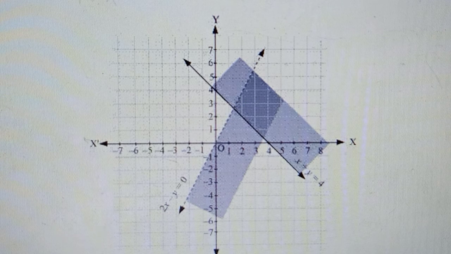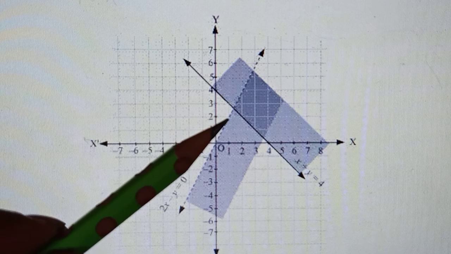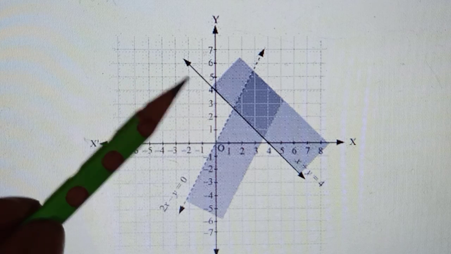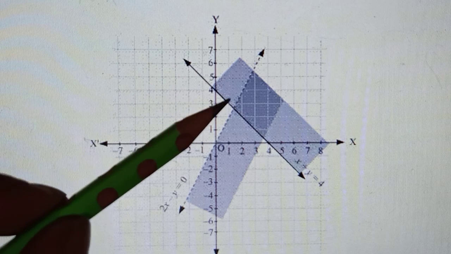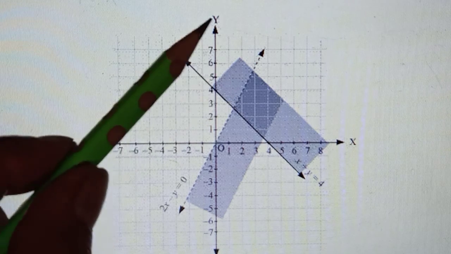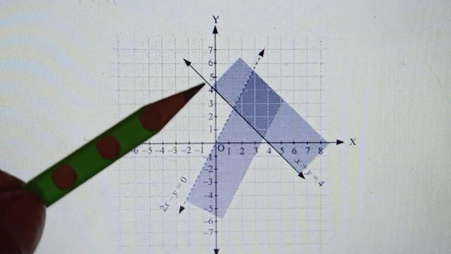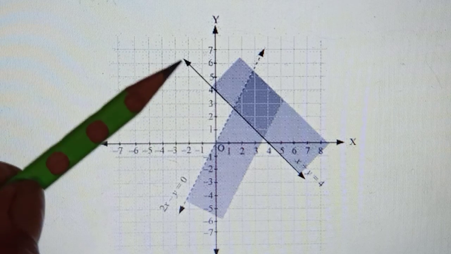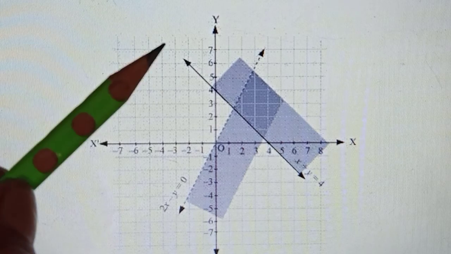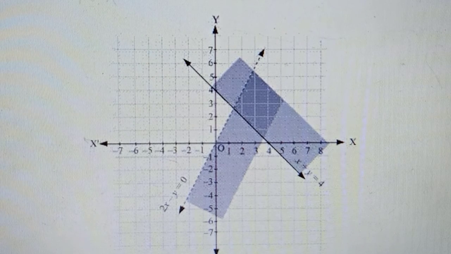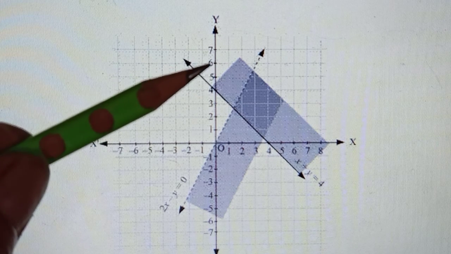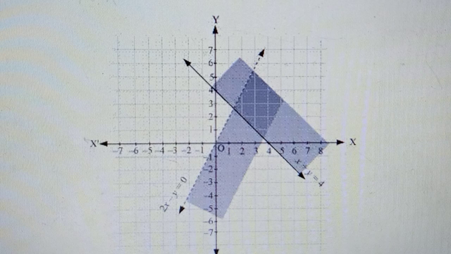But as given in my book, I suggest the shading for the second inequality will be this side. Okay, and if it is this side, then your common solution will fall somewhere here. This will be your entire region. And again, it is an unbounded set here as well, children. All right, unbounded, see, this is going up to infinity, so you'll have so many points. This region will keep getting bigger, and all that will be your solution. But of course we can't show the whole thing, so you will shade approximately this much to show it. Okay, so just check the question properly as given in your book.